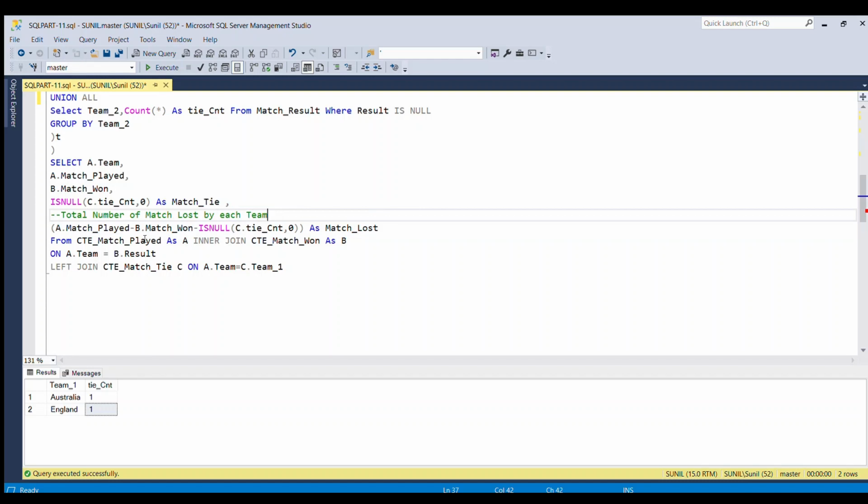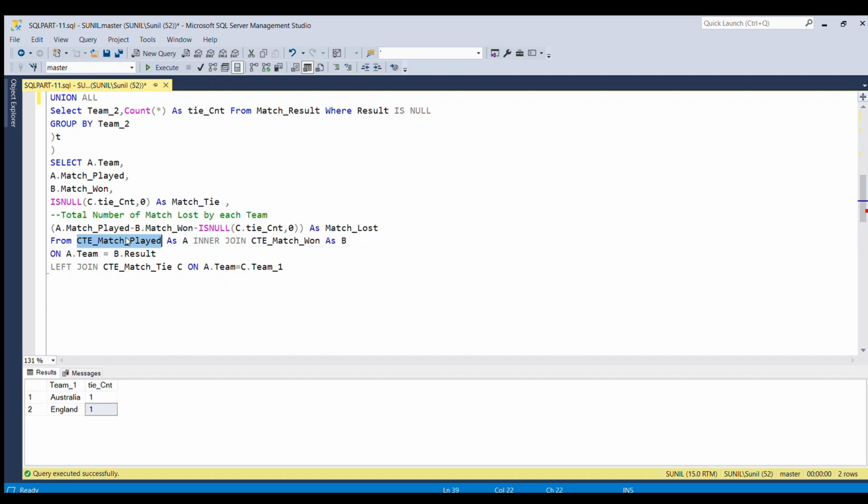If you think logically, the total number of matches played minus the total number of matches won minus the total number of matches tied will give the number of matches lost. So it's simple: you subtract the total number of matches won plus the total number of matches tied from the total matches played, and it will give the matches lost.